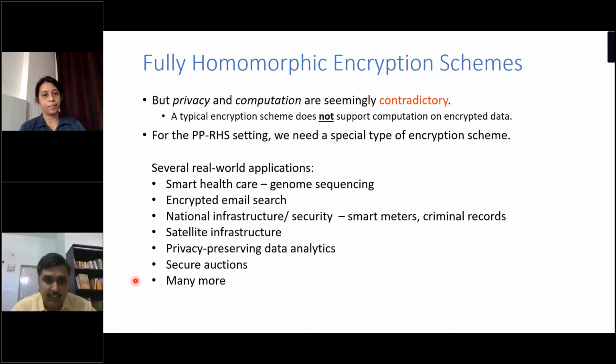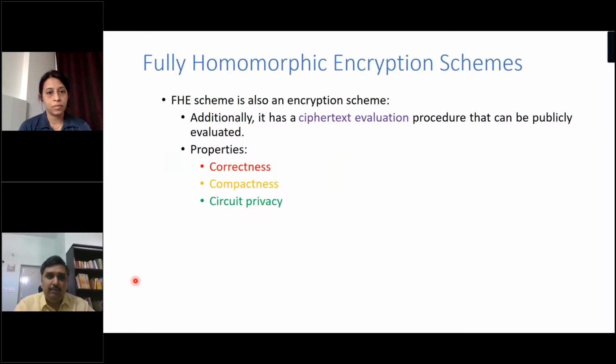Of course, there is data analytics and privacy-preserving machine learning, where you do analytics on the encrypted data. You need a lot of data to do data analytics, right? But people are shy to share their data due to privacy concerns. So potentially homomorphic encryption can offer a solution to these things, and secure auctions, and many more. Lots and lots of very interesting applications are possible. But then what's the problem? Even before that,